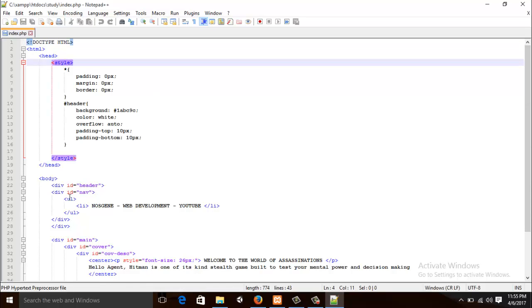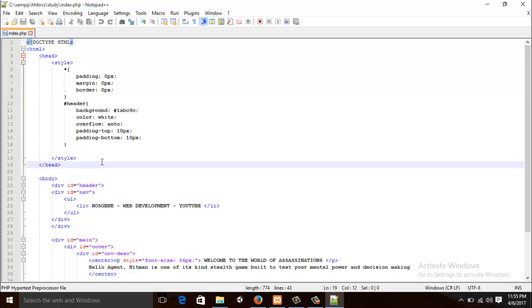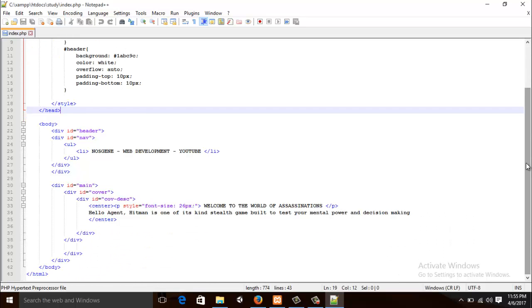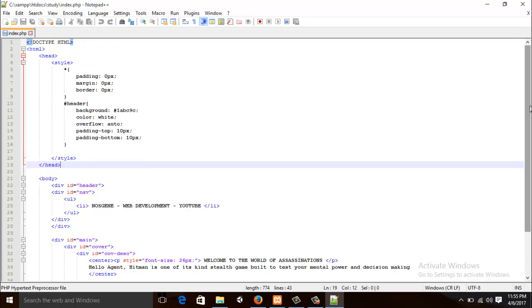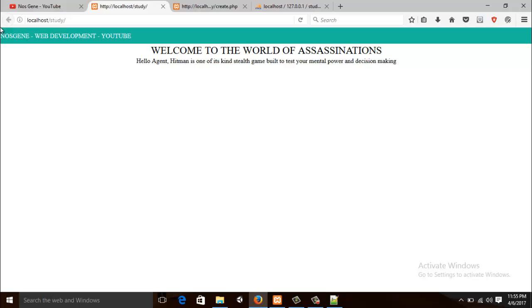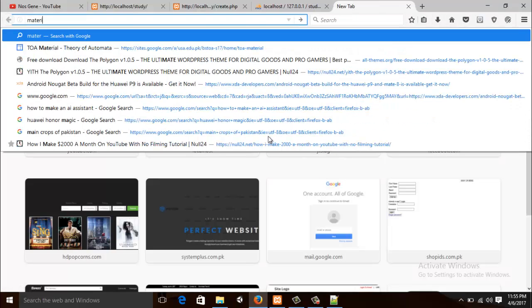I've written the style in the same sheet for the sake of learning and for the sake of ease, but it's not a good practice. The good practice is that you place your styles into an external style sheet, and by the end of designing the UI, I am gonna transfer this internal style sheet into the external one. So first of all, we've got our header. This looks pretty fine. Let's open